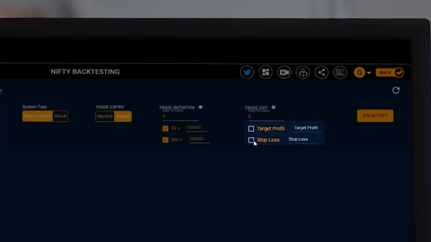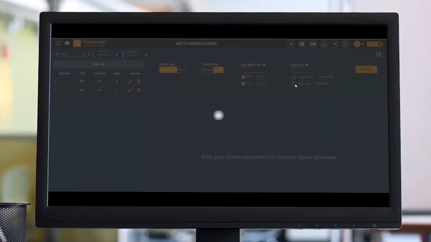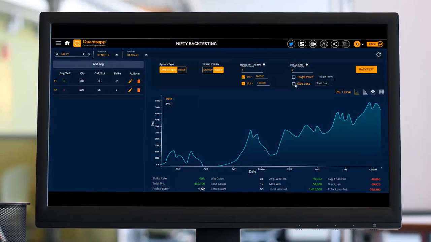Now, the data which we will get to see once we click on backtest is end of the day data. So the prices which we will get to see once the results have been fetched would be my end of the day prices. Those are not intraday prices. So basically whatever prices we are seeing are the prices when I initiated the trade, end of the day. So for example, it would be on Friday, and what would be the prices on the expiry day, which is end of the day again.